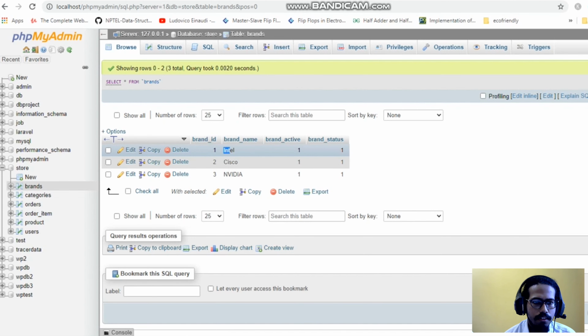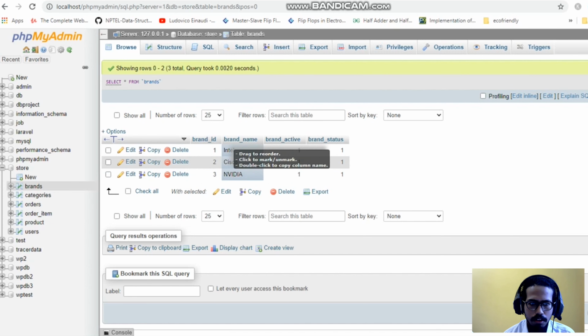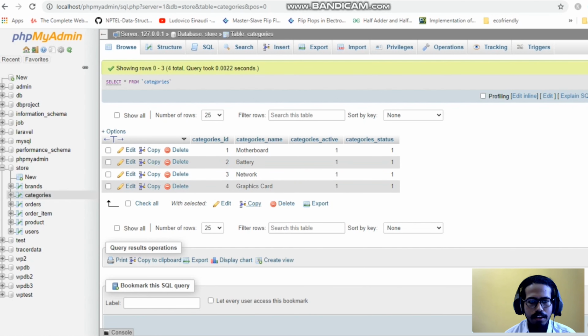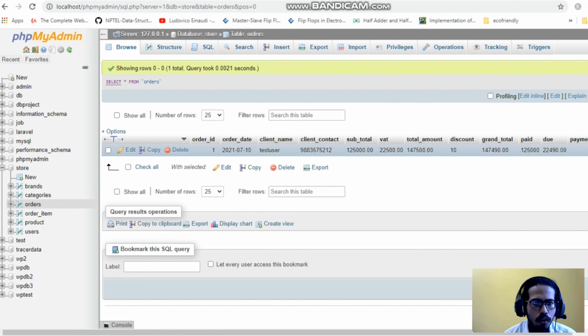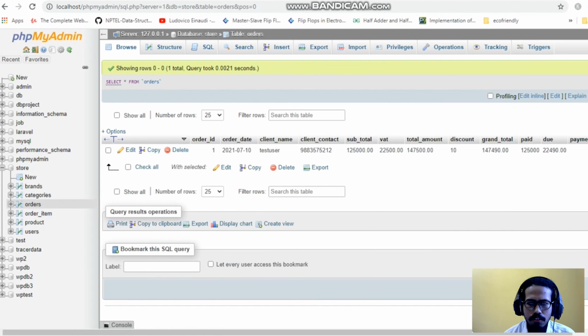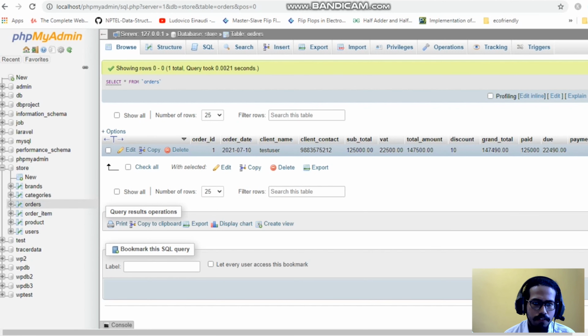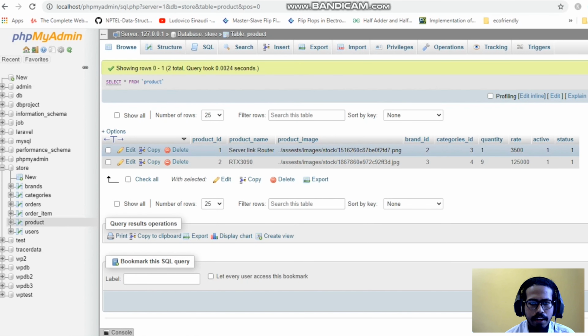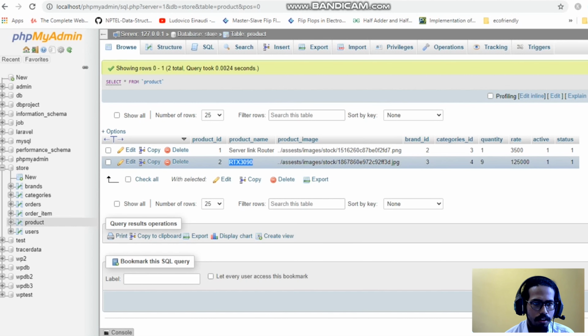So here in the brands table, the various available brands in our product section can be seen. Currently 4 categories are added for test purposes, and in the orders table, the payment status, total amount, tax details, client details, due amount, and likewise fields are reflected for convenience, and all order details can be fetched from this table later on. Going forward to the product table, here the product name, product ID, product image for reflecting in the front end, and the respective foreign keys, brand ID and category ID, are found here.